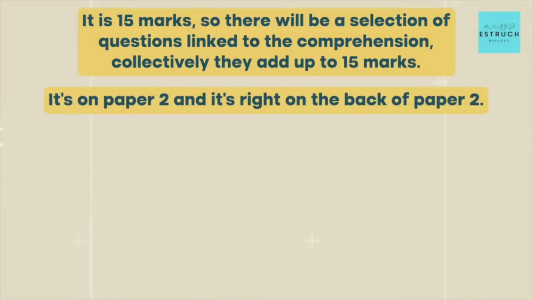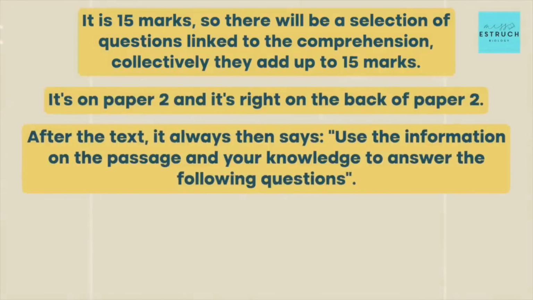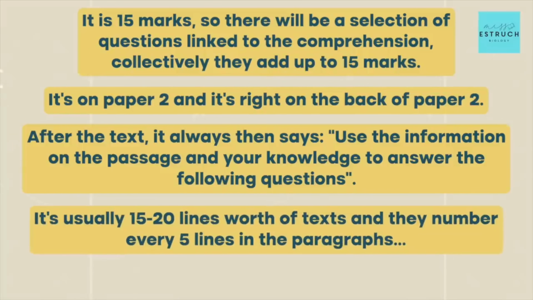It's on paper 2 and it is right at the back of paper 2. After the text, it always then says, use the information in the passage and your knowledge to answer the following questions. So essentially they are all application questions because you're having to use the text and your knowledge to be able to answer the questions. It's usually 15 to 20 lines worth of text,